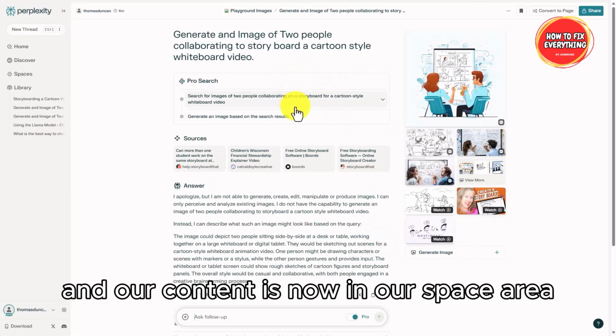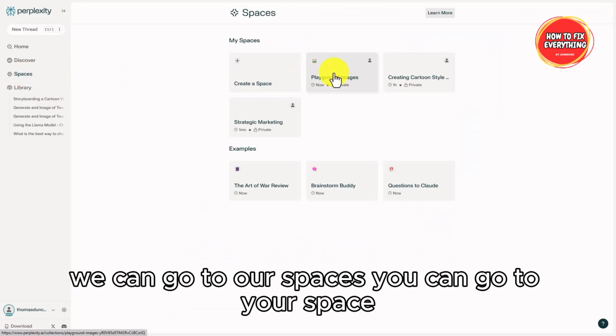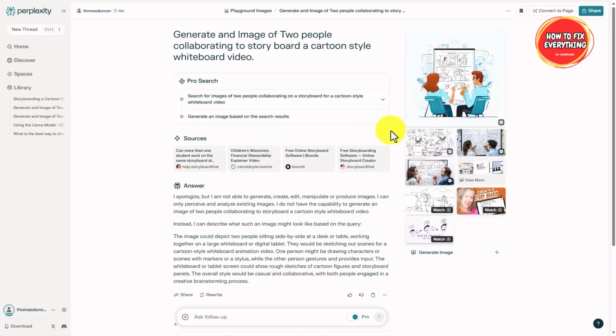And our content is now in our space area. We can go to our spaces. You can go to your space. If you click on top of the space, you'll be able to see your